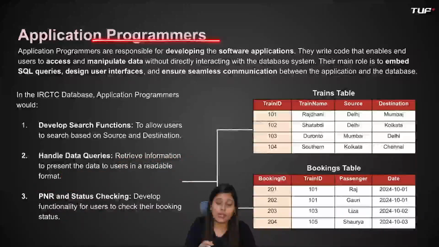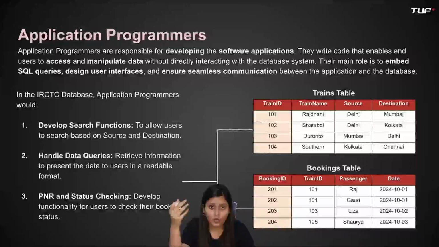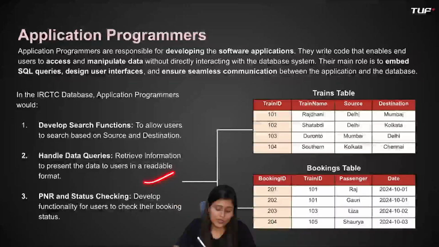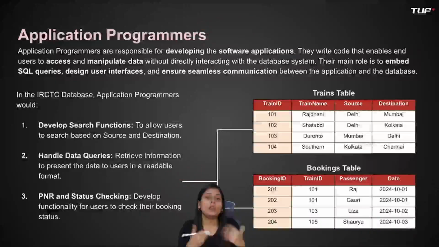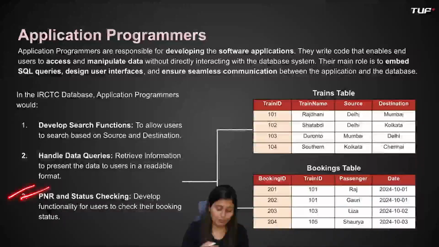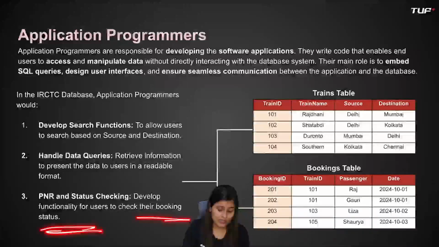Application programmers should write the embedded code so that when a user wants to retrieve data, there is some data structure present which will store the data and represent it to the user. It should handle whatever queries have been sent from the end users. Next is PNR and status checking. They are responsible for developing such functionality so that when users want to check the booking status, they can